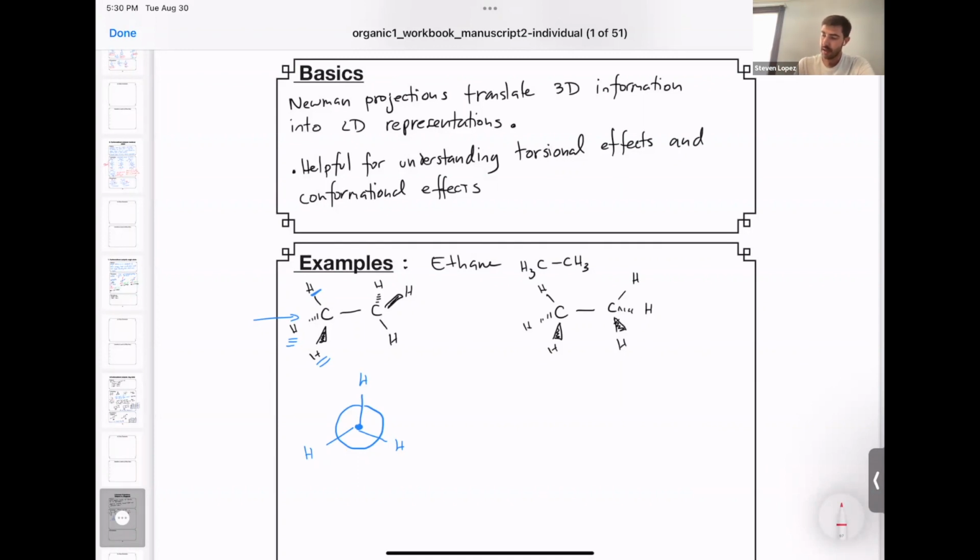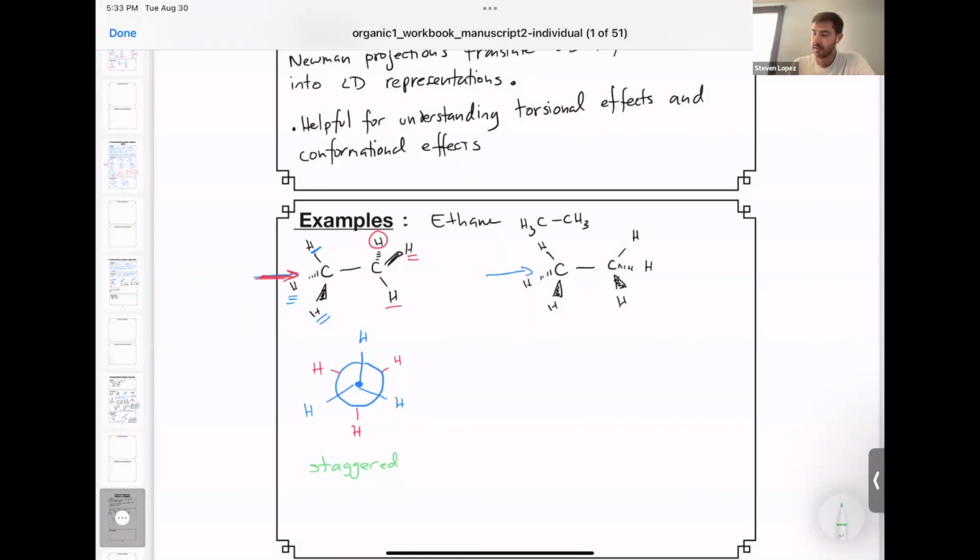So here, looking down this bond again, the hydrogen that I'm underlining in red once is pointed down, right? And it's opposite to the hydrogen underlined once in blue. Towards the up and right is the hydrogen underlined here twice in red. And the circled hydrogen here in red is the one that's pointed up and left. And when the hydrogens are arranged in this way, this is considered a staggered conformation. And this is a low energy conformation.